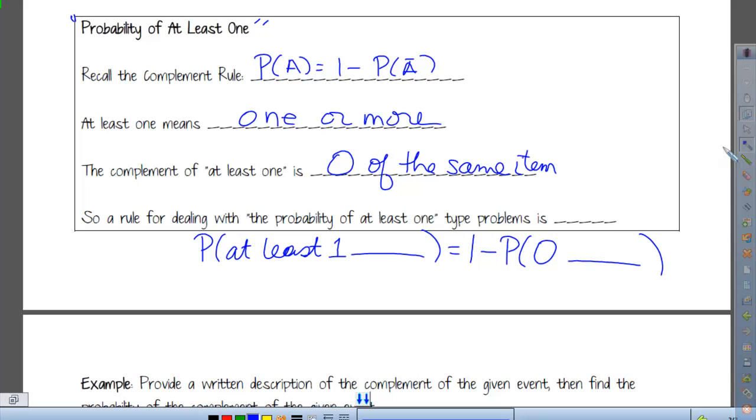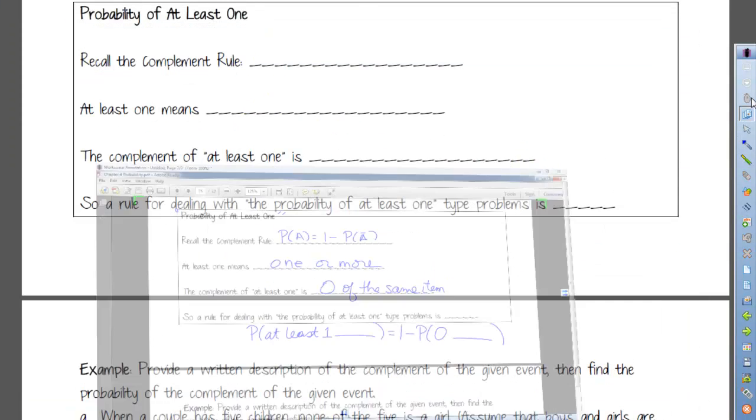Okay, all right, I think we're back on that. So this is the complement rule. This is how we're going to use it. Everybody got that in mind? All right, let's look at